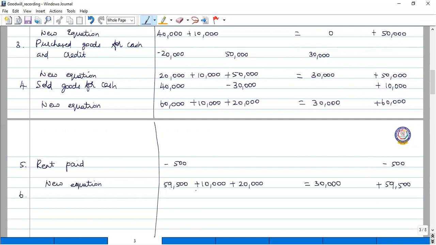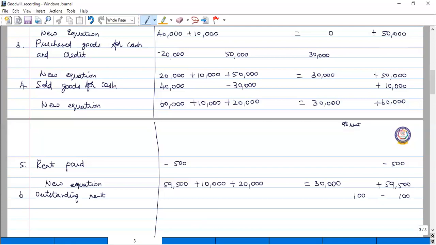Okay. Next, sixth transaction, rent outstanding rupees 100. Okay. So we have rent outstanding rupees 100. Outstanding rent we have, first we'll write here, outstanding rent. How much is the value? It is rupees 100. And this outstanding rent has to be subtracted from the capital also. Okay. So here we have the effect on the liability side itself. One liability is increasing and the other one is decreasing.